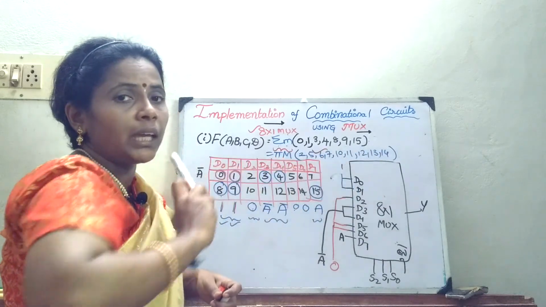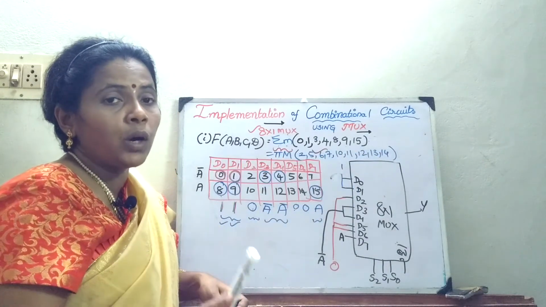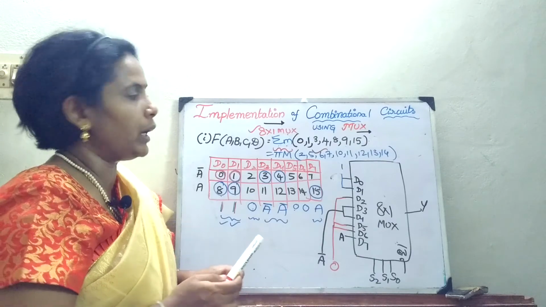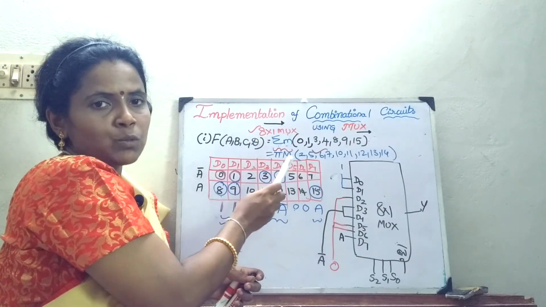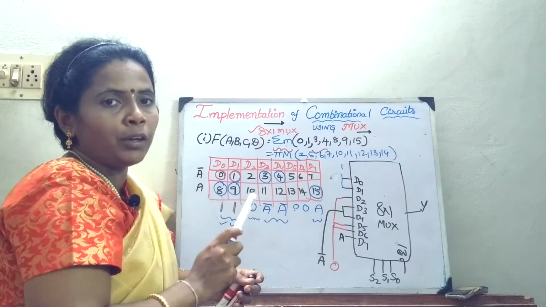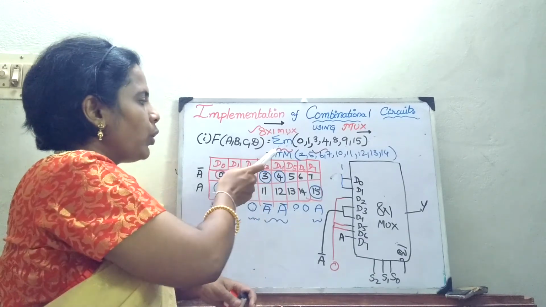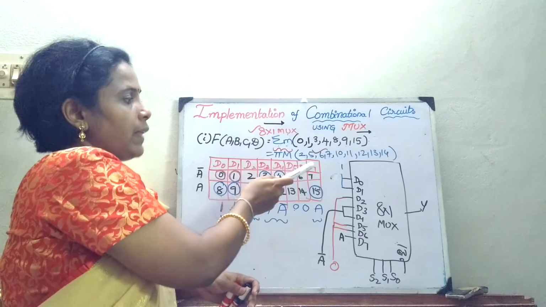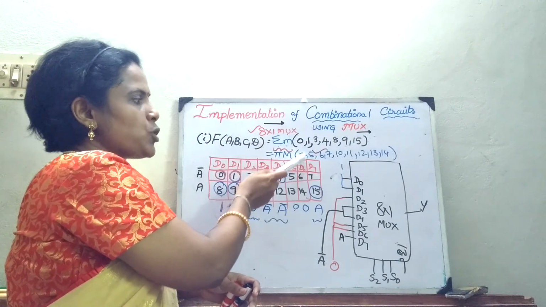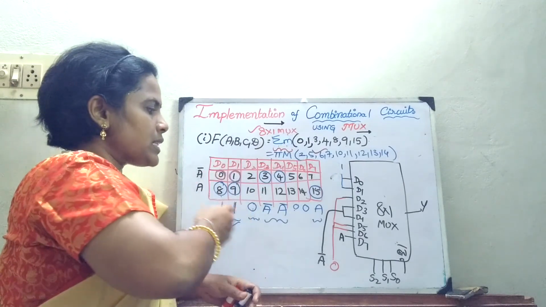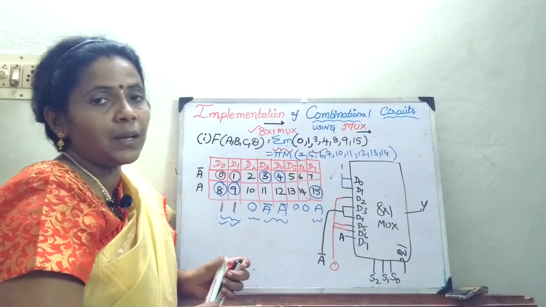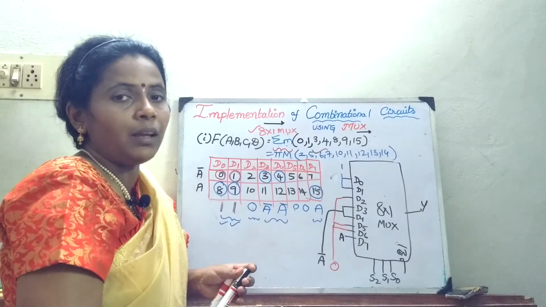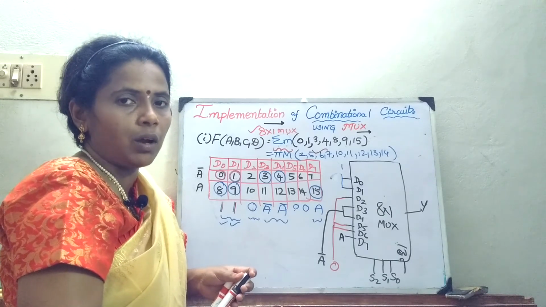immediately you convert that to a min term. Now my question is only in terms of max term, pi m. First, you have to convert it in terms of min terms. The left out terms in this expression should be written here, and then the same procedure has to be followed as when the expression is given as a max term. Right? I think the students would have understood the concept.